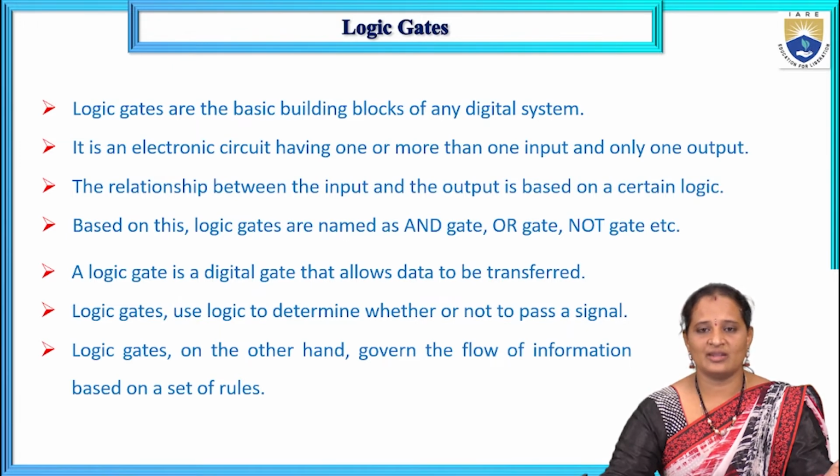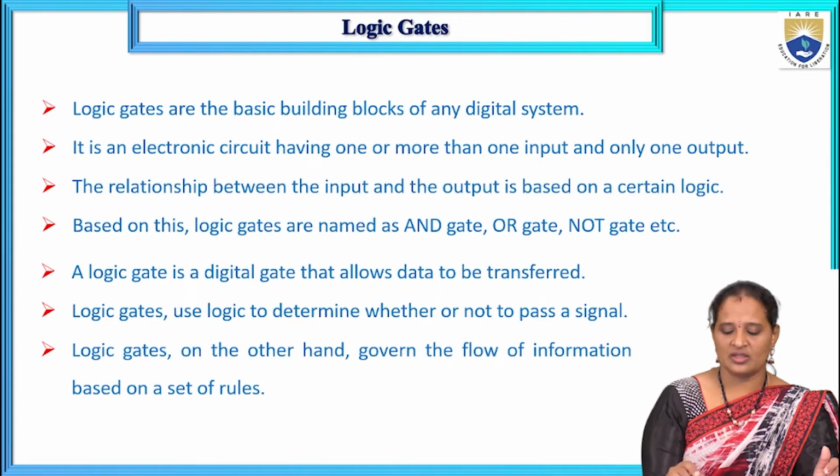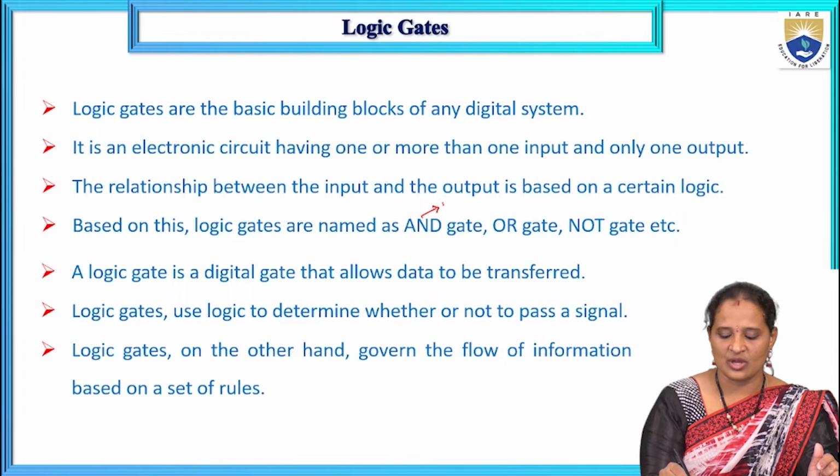As you all know, AND is nothing but logical multiplication, OR is nothing but logical addition, and NOT is logical negation, that is complementation. So the names of the basic gates are AND, OR, NOT, where AND performs logical multiplication,